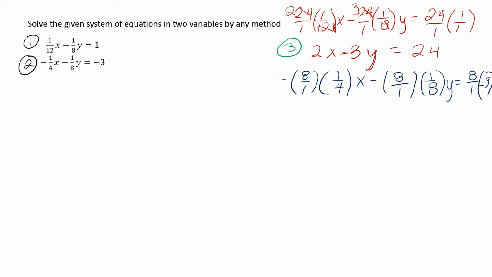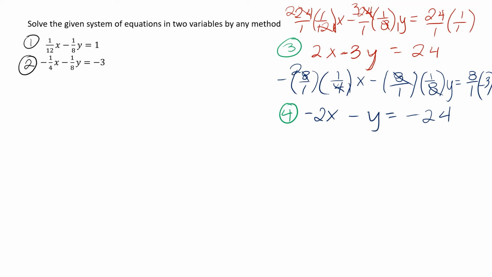From here, I want to do the exact same thing I did for the first one. So 4 goes into 8 2 times, so cancel it out, I get a 2, cancel it out, I get a 1. Now I get negative 2x. 8 goes into 8 once, so I get negative y equals negative 8 times negative 3, which is negative 24. Perfect. Now I'm going to go on. So these are my new equations,